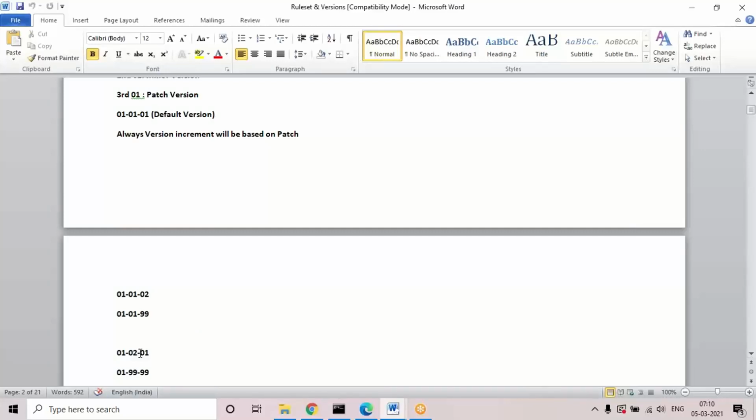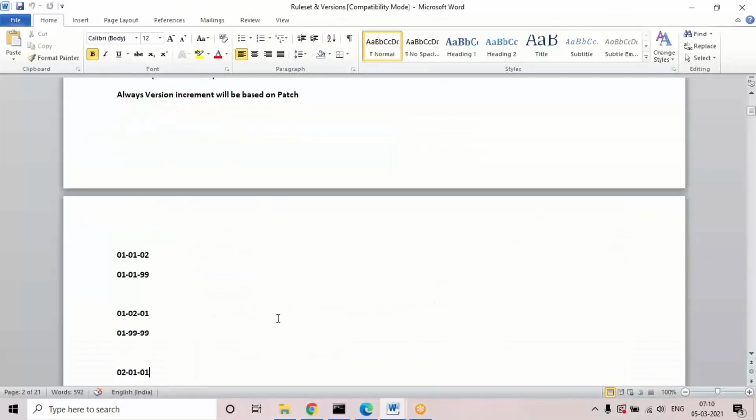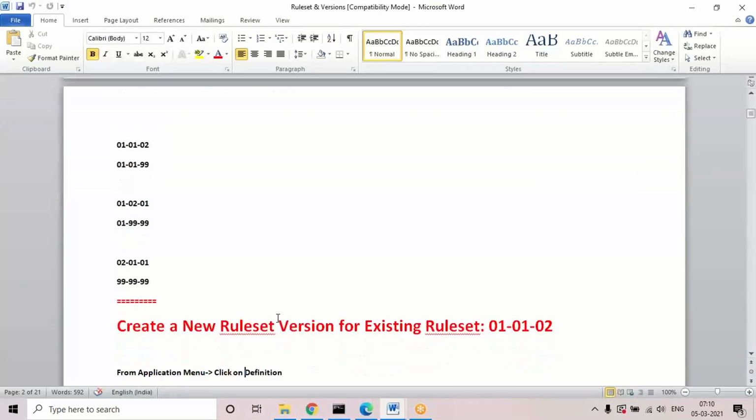So there is some wizard that will be available, which I will be discussing in the coming classes. Now we are going to understand how to add a new version and how to lock the old version. Let's see how to add a new version for our rule set. Already the default version is 010101. If I add a new version, it will become